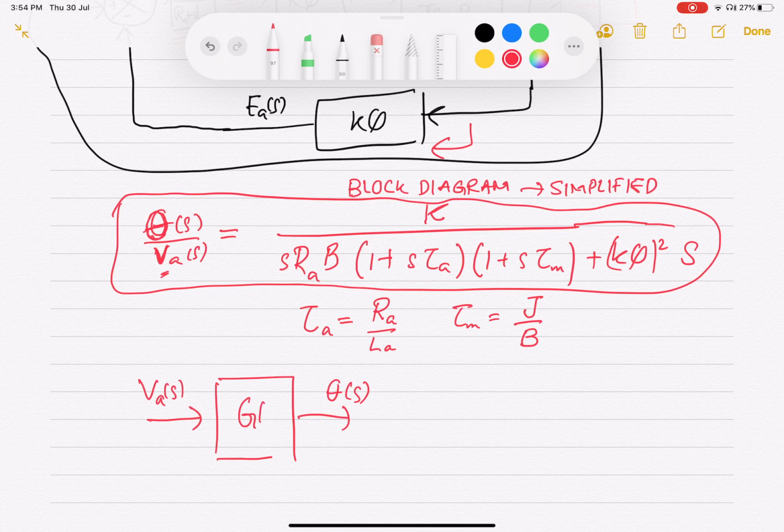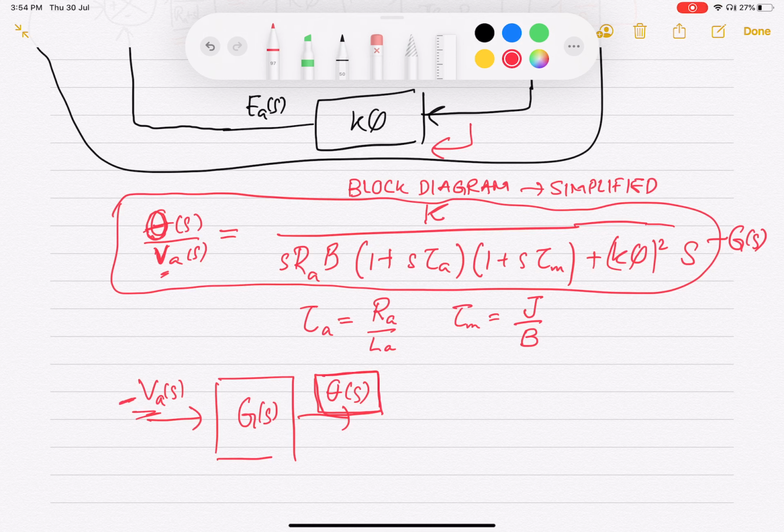And this is the transfer function G s here that you have finally derived. So you know how theta s is going to change if VA s changes, right? So this is how you will be able to actually control the motor and attain the desired position or speed that you want. So we'll see how this is applied to the antenna azimuth position control system in the next lecture.